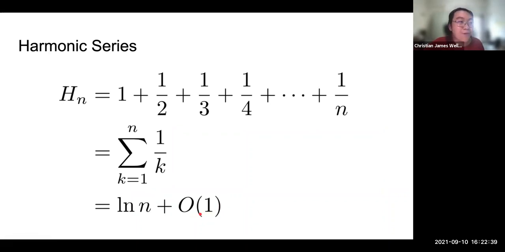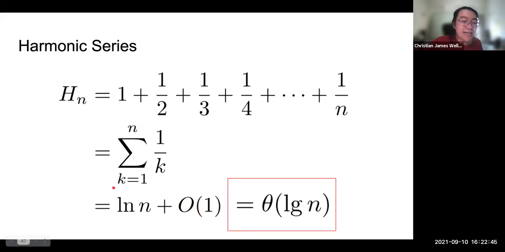Okay? And for the purpose of the module, for us algorithm people, we only care that it's theta of log n. And remember, it's log because we can change the base anyway. So we care that this harmonic series is bounded from above and below by theta log n. So just remember this, and this n is actually substitutable,